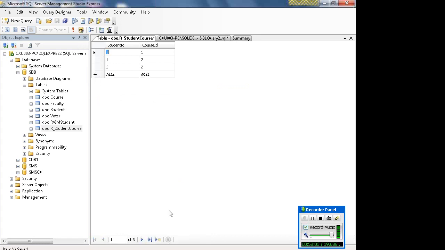Is that fine? Sometimes you will go to the parent table and delete a row by mistake. Say student ID 2 is there, and that student ID 2 is there in this particular table. You will delete that row 2 by mistake. Should it let you delete or no? It will throw you a warning, an error, saying that if you delete the parent, the child will become an orphan, so you are not supposed to delete it. Alternatively, what you could do,